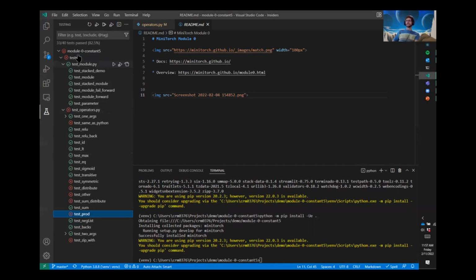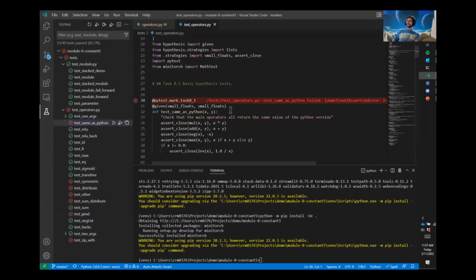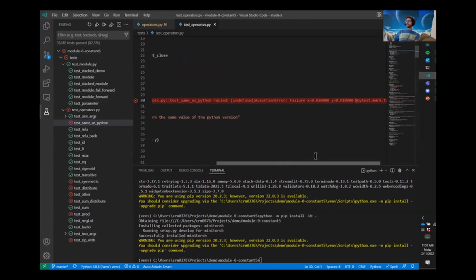So now you can see here that all of the tests were run. And since some of them failed, these parent folders are all going to be marked as fails. But then within these files, you can see that all of these passed. But here in my test operator file, several of the tests failed. So if you're curious what the problem is, you can click the button and it'll take you to the test, and then it'll have some descriptor here, right? That says there was an assertion error, failure here